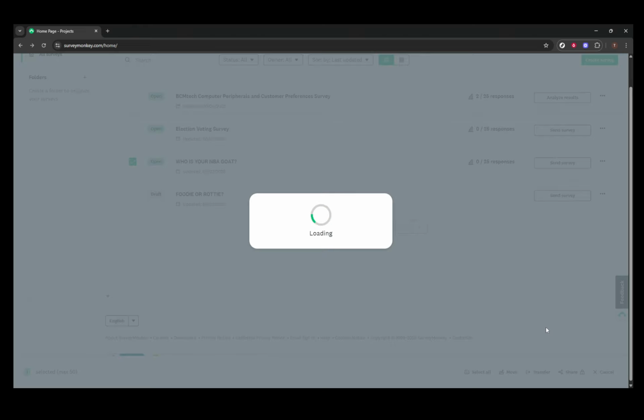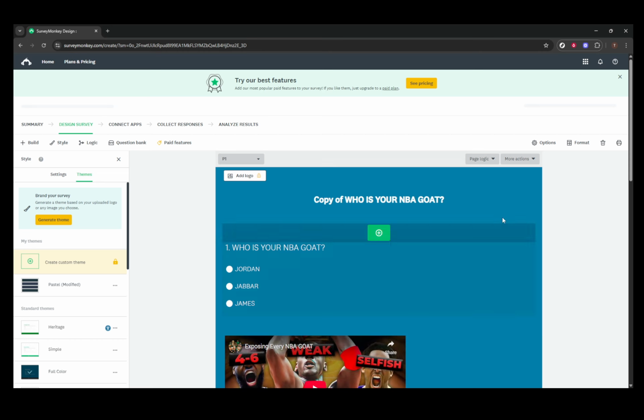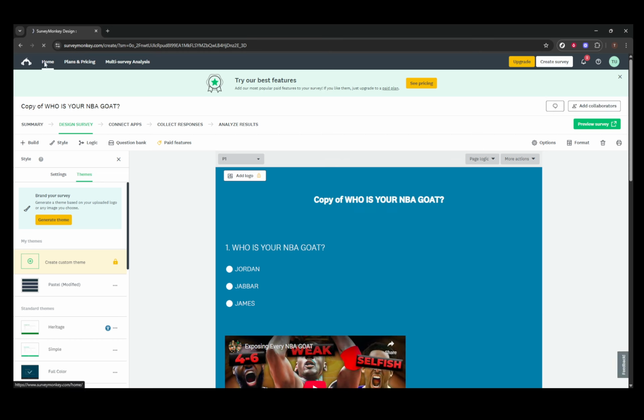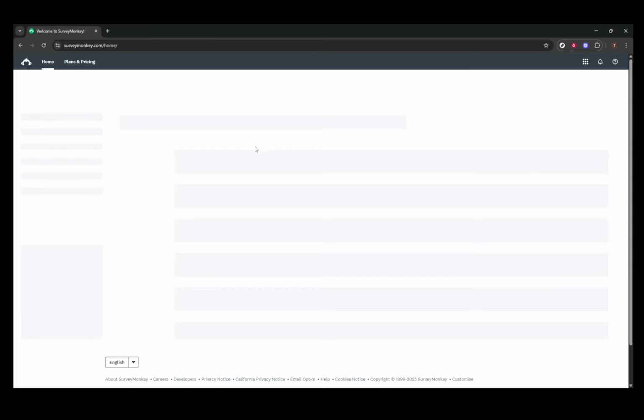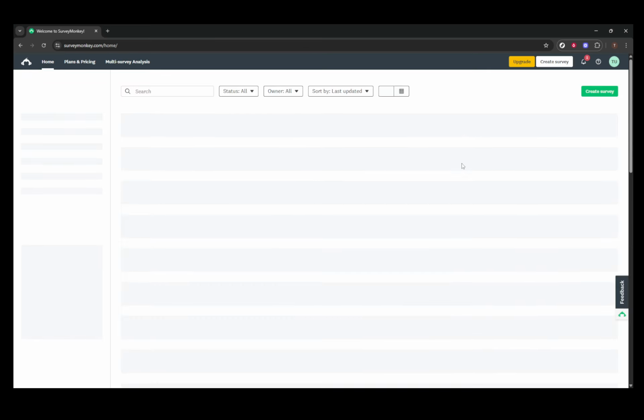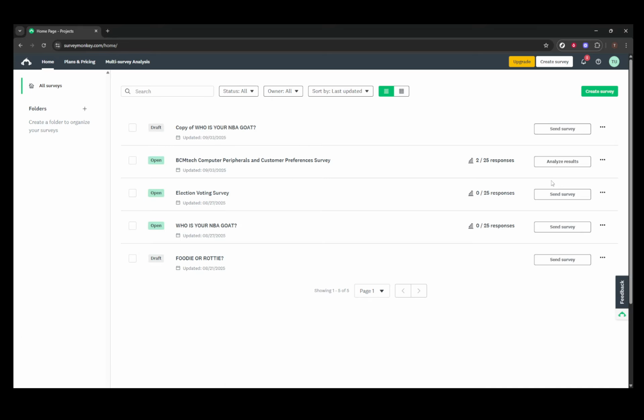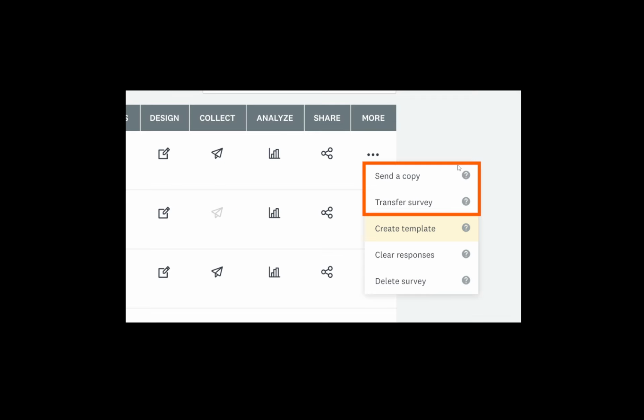The third and final option is sending a copy of the survey to another user. Returning to the More menu next to the survey you wish to share, choose the option labeled Send a Copy. You'll then need to enter the email or username of the other Surveymonkey user you want to send it to. Remember, they need to have a paid account for this feature to work. Once you've entered their details, the copy of the survey will be transferred to their account, and your original survey